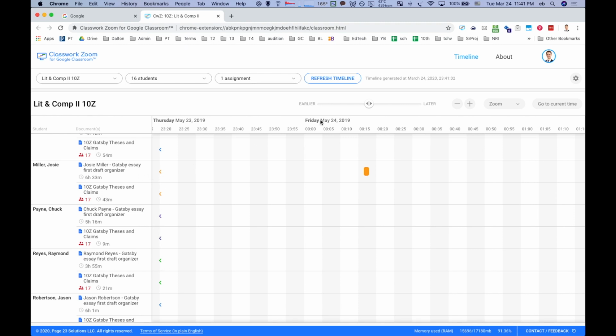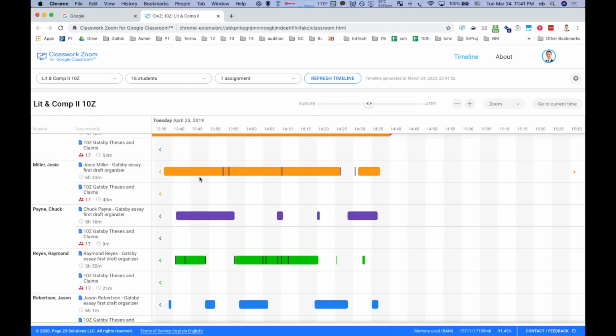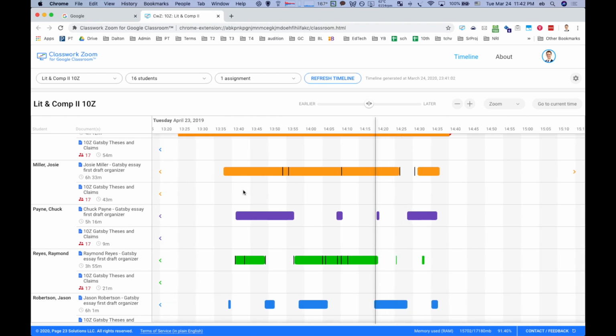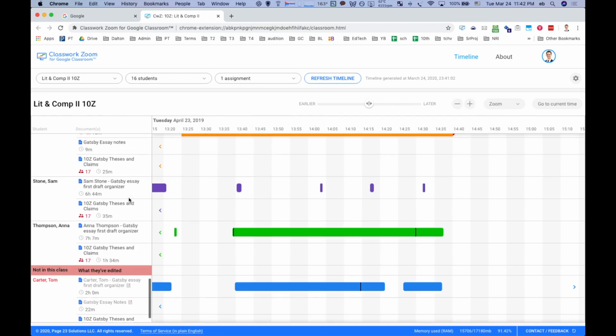So let's see, this is Friday, May 24th. And if we go back, so in April was the last time that anyone else worked on it. And if you look, this is actually the deadline right here. So I don't know why she worked for 1 minute later, but that's why the timeline appeared there. So again, students over here,